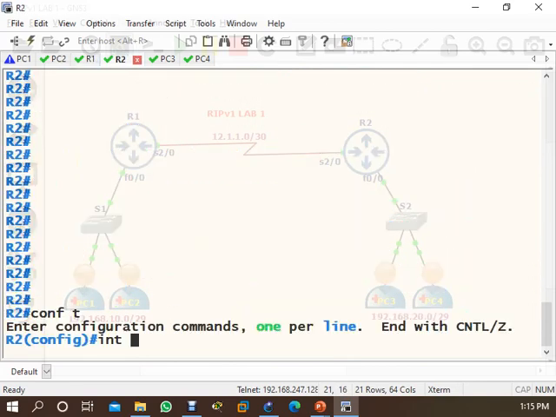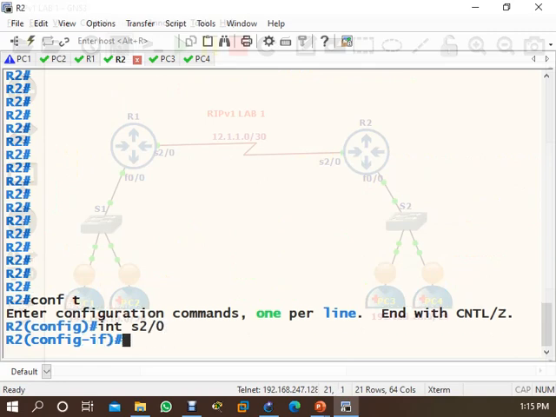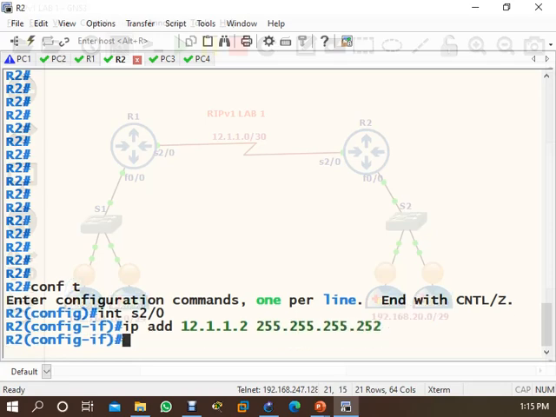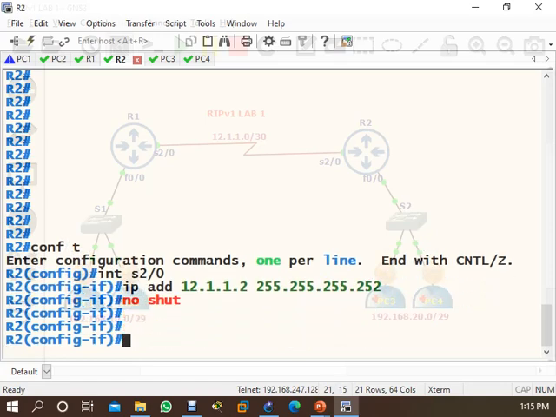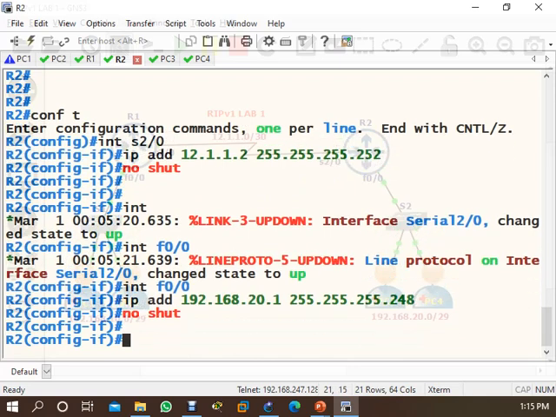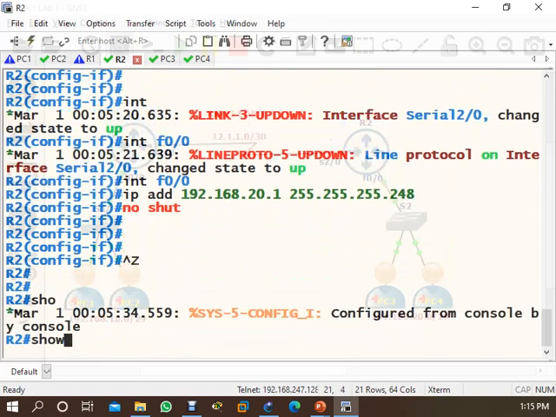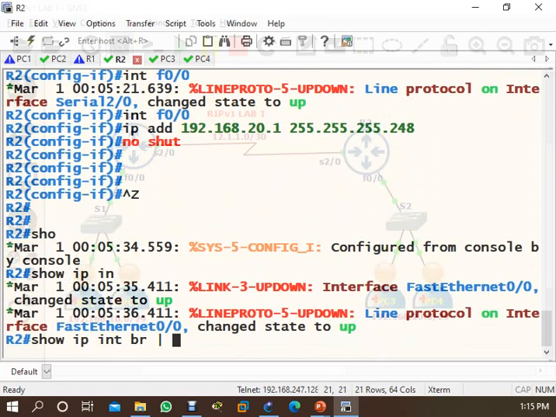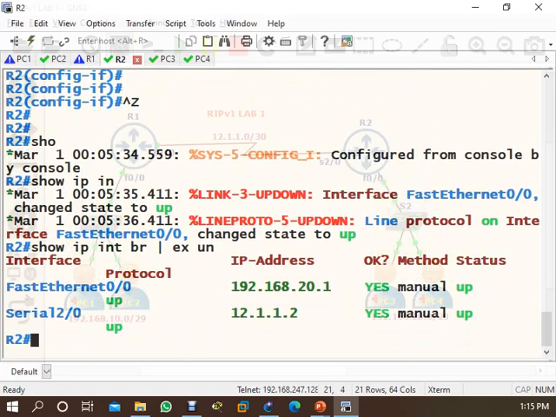Now interface serial 2/0, IP address is 12.1.1.2, no shut. Interface F0/0, IP address is 20.1, and the subnet mask is 248, no shut. Verify with show IP interface brief, exclude unassigned, correct, no problem.